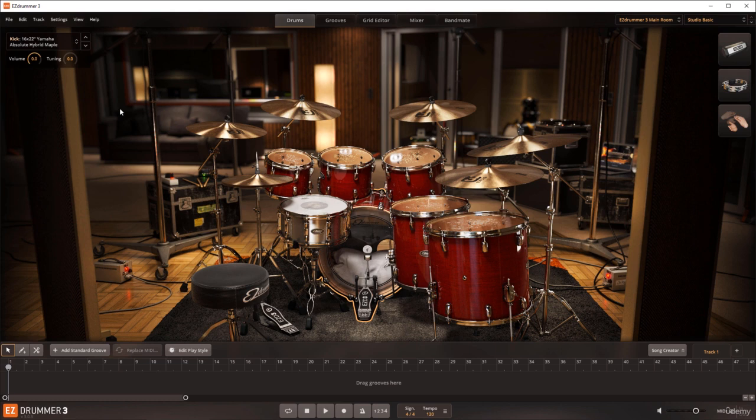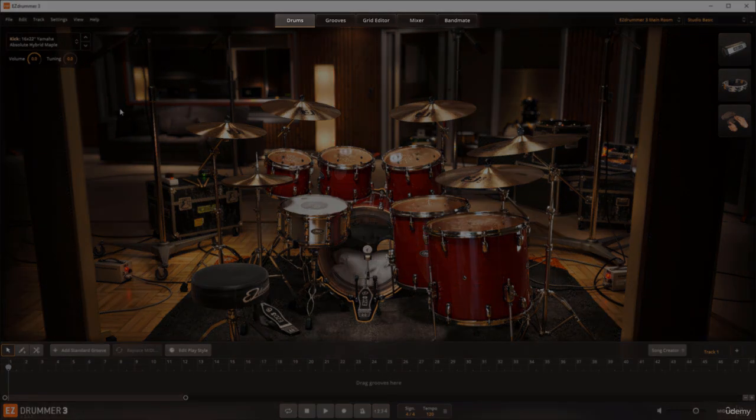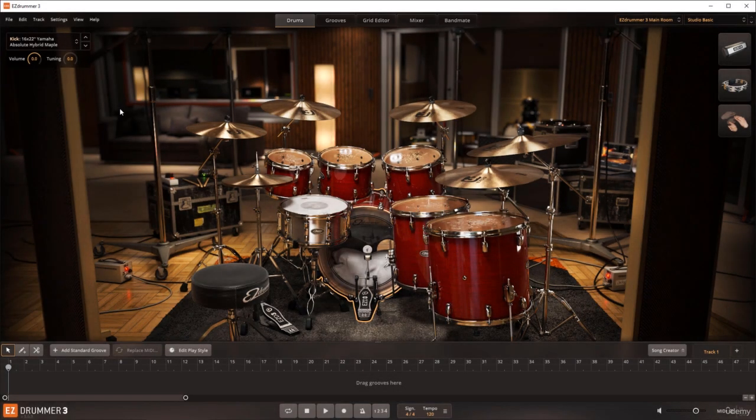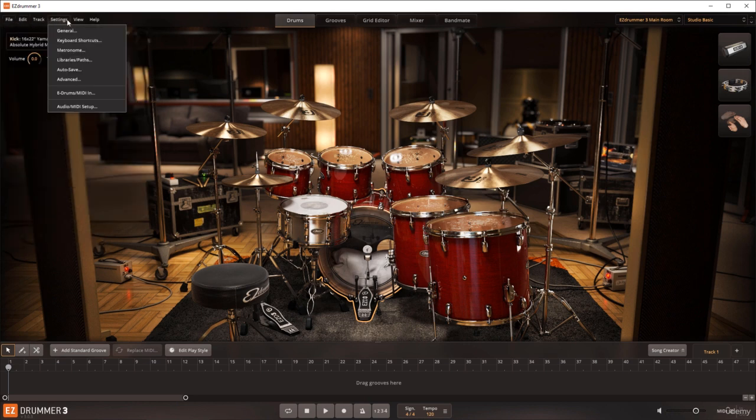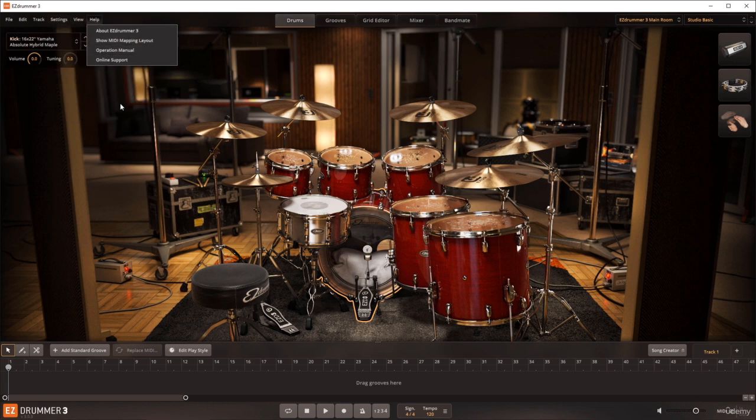Okay, so picking up from the previous tutorial where we were looking at the user interface, in addition to those 5 view tabs that we saw centrally, we see that we get an extra 6 menu options at the top left: File, Edit, Track, Settings, View, and Help. I think these pretty much speak for themselves, so I'm not going to bore you with every single option offered under each individual category. For this tutorial, all I'm going to do is look here at the